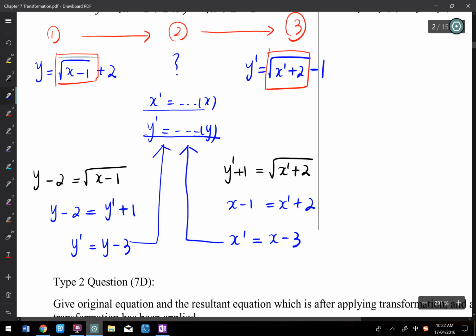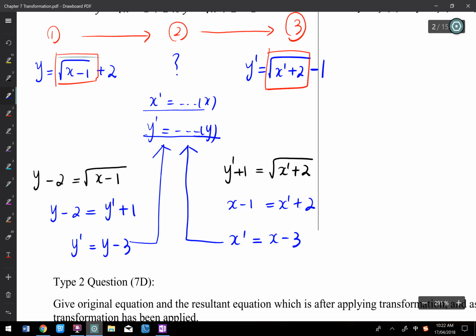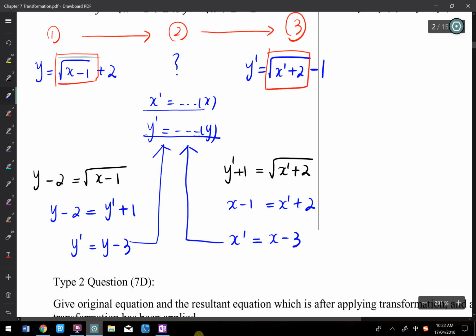I want to describe it. How can I describe it? It must be the new thing equals the old thing and what? New y equals old y and what? So I will make x dash and y dash the subject. If you make x and y the subject, then you get something wrong. You need to have x dash in terms of x, y dash in terms of y, to talk about the transformation. So my answer will be